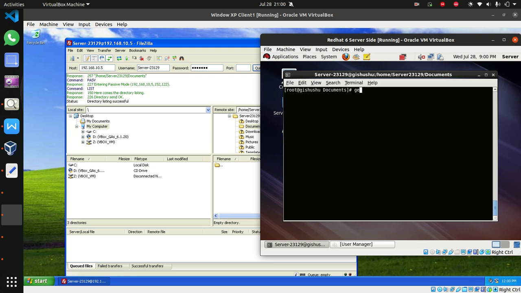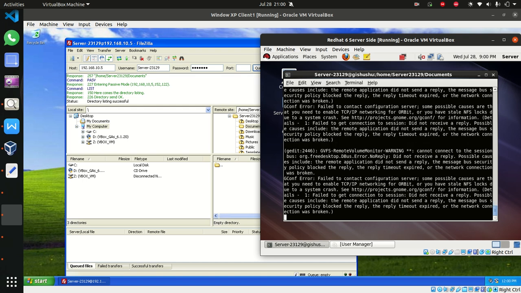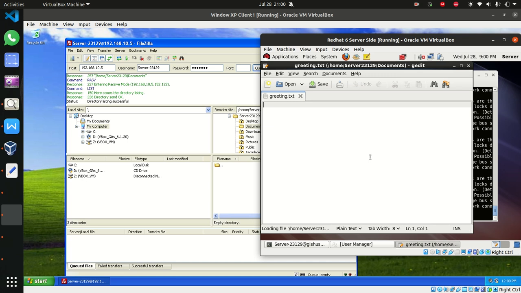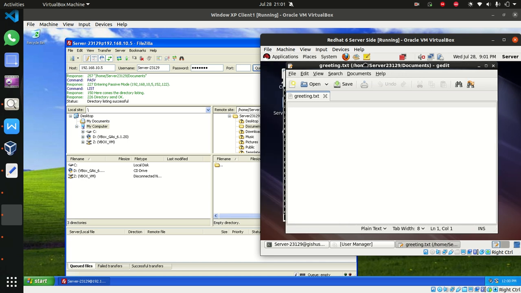It is get it. After hitting the get it will put the name, that's greeting.txt. Hit enter. It's going to open the manual to type it, to edit the actual file. Say hello